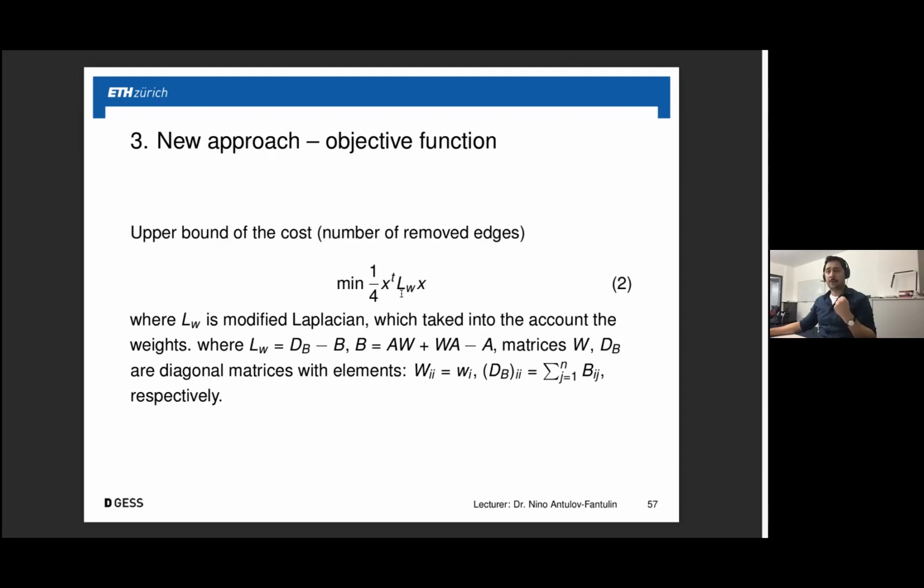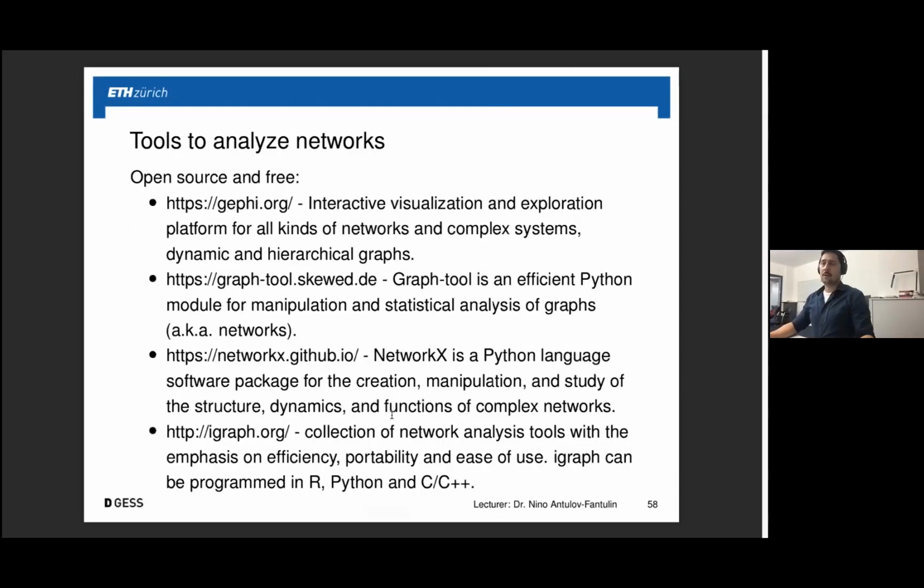The graph Laplacian is usually used in graph theory. It is -A plus D, where D is a diagonal matrix of degrees, and x is the solution of your problem where you're partitioning your nodes. So now this is a quadratic form. When you multiply the matrix with a vector, you get a vector. And when you multiply with this vector again, you essentially get a scalar value. So this optimization problem is telling you what's the cost if you are removing a certain set of nodes.